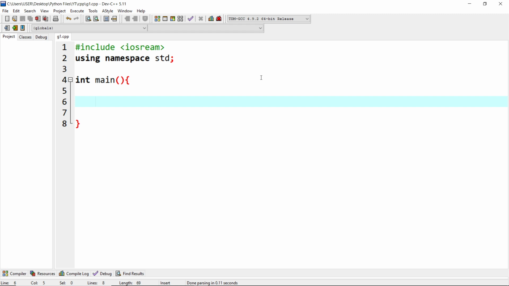Hello everyone, in this video we are going to be having a look at if statements. An if statement is a conditional statement that executes a certain block of code if a condition is true. So the simplest example that I can give you is like if you